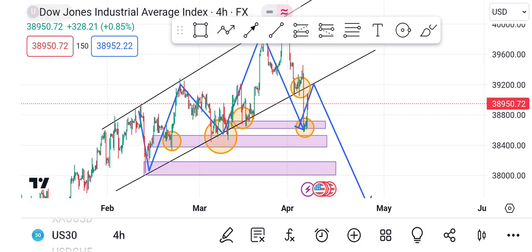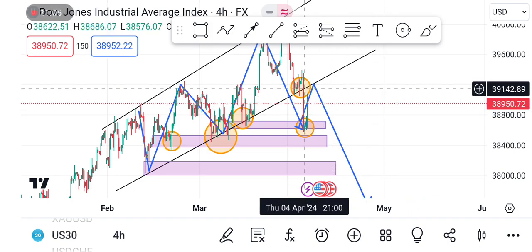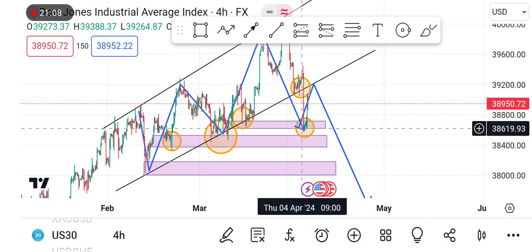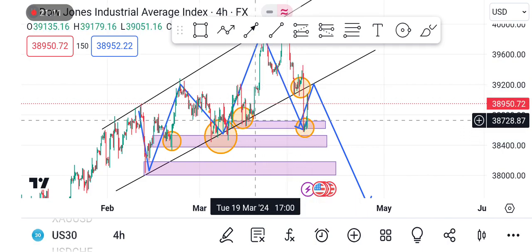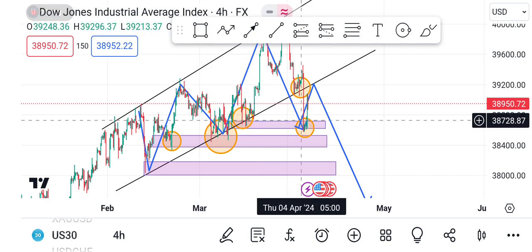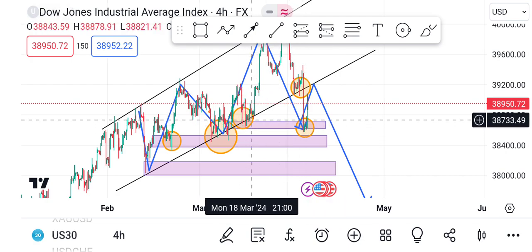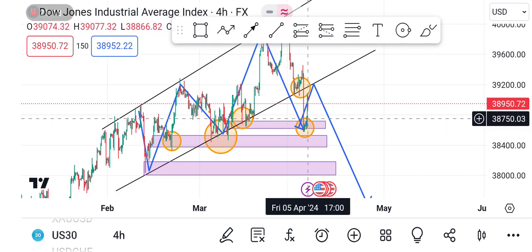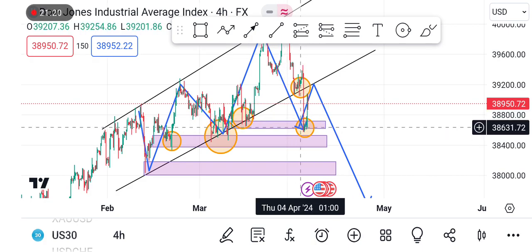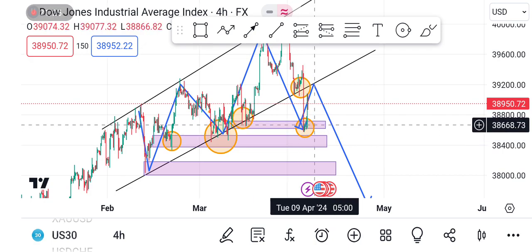So let me show you something. This particular point you're seeing here. So I saw price tapped into this level of support, this particular level of support here and here. So I bought at this point. So when I bought at that particular point, that zone, let me show you something. I actually made profit of,